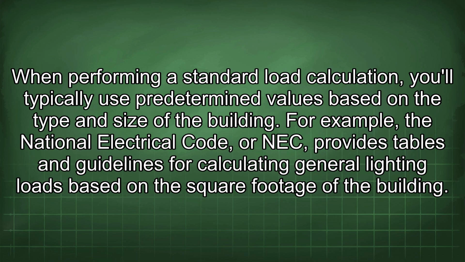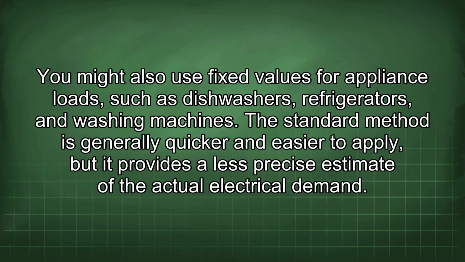When performing a standard load calculation, you'll typically use predetermined values based on the type and size of the building. For example, the National Electrical Code, or NEC, provides tables and guidelines for calculating general lighting loads based on the square footage of the building. You might also use fixed values for appliance loads, such as dishwashers, refrigerators, and washing machines. The standard method is generally quicker and easier to apply, but it provides a less precise estimate of the actual